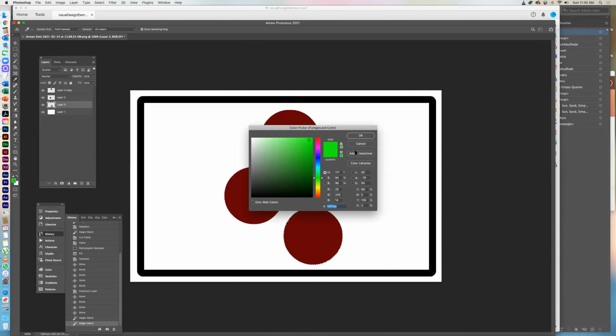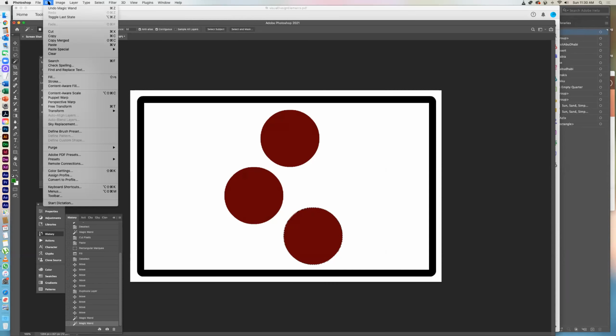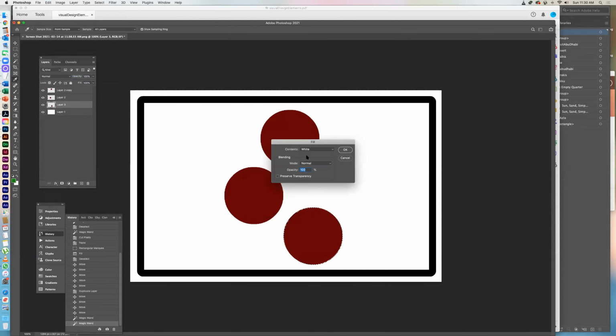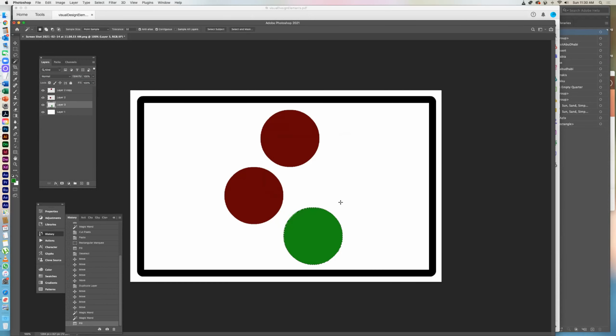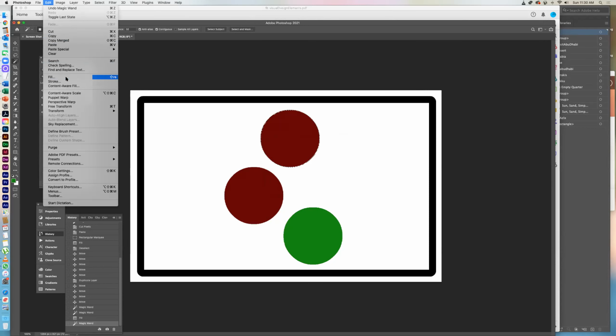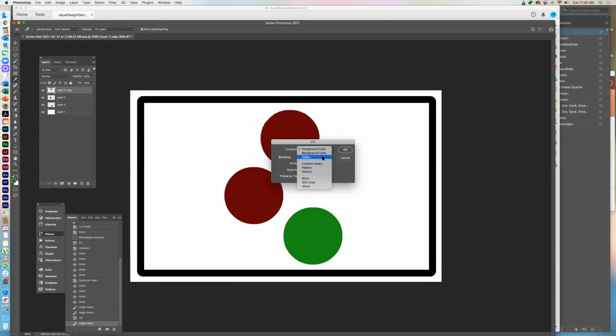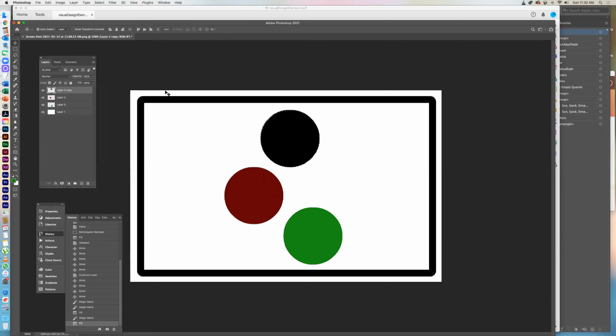No, I'm going to change that. Let's just, there we go. All right, so then I'm going to edit, fill, foreground color. Okay, so we've got green. Then I'm going to go here. Actually, let me go to this one. I'm going to select it. I'm going to edit fill. I'm going to make it black. Okay, and now I've got these three colors, and